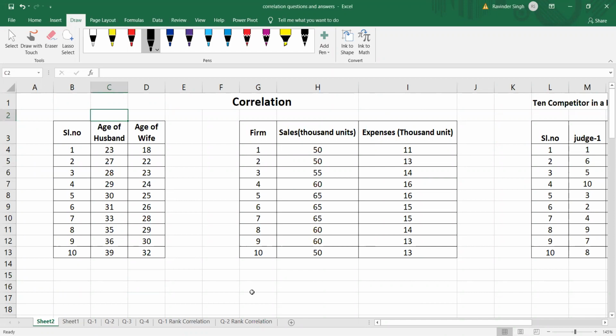Today I'm taking the class in an Excel sheet because we have a lot of calculation to be done, which is not possible in a Google Doc form or something else. It will be easier for you to understand, and easier for me to teach in the respective time. Here I have two variables. Let's say x represents the age of the husband, and y represents the age of the wife.